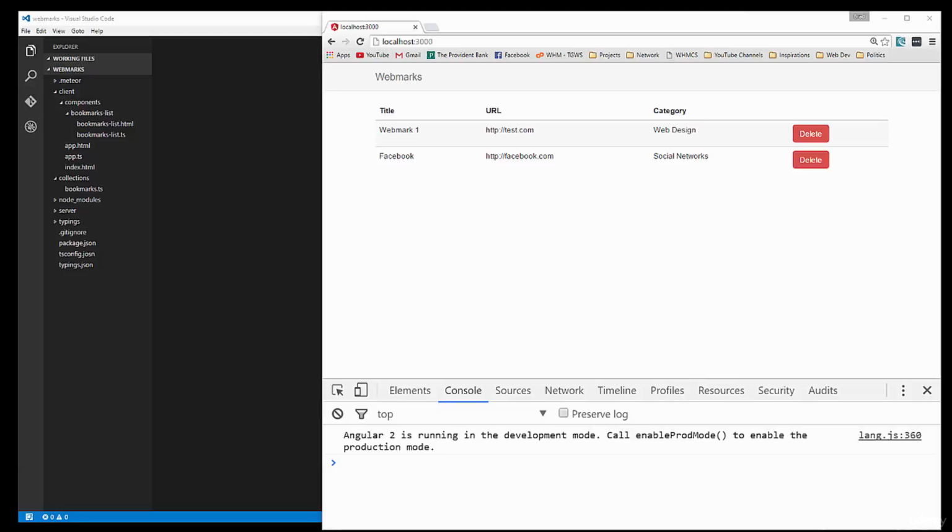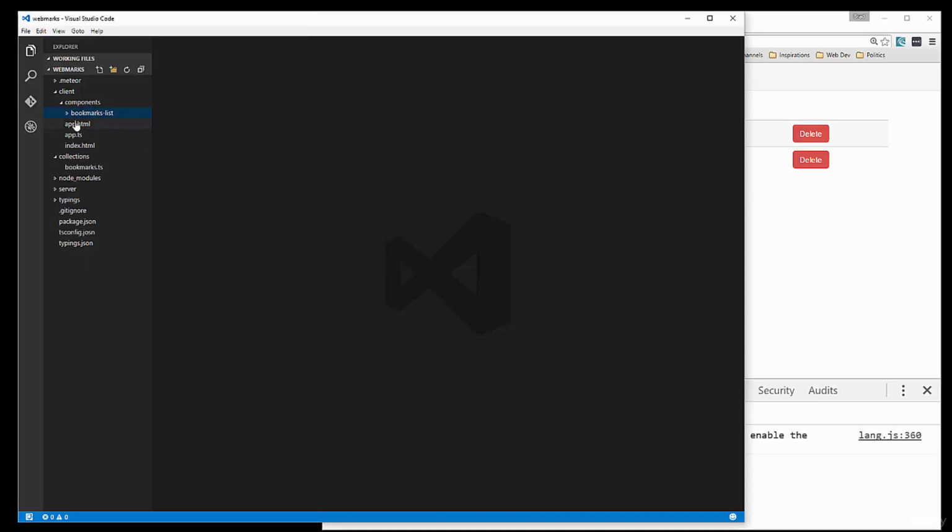Alright, so in the last video we made it so that we could fetch our bookmarks from MongoDB in Meteor. Now what we want to do is we want to be able to add them through the application as well. So we're going to create another component. So let's go to the components folder, create another folder inside of it, and we're going to call this one